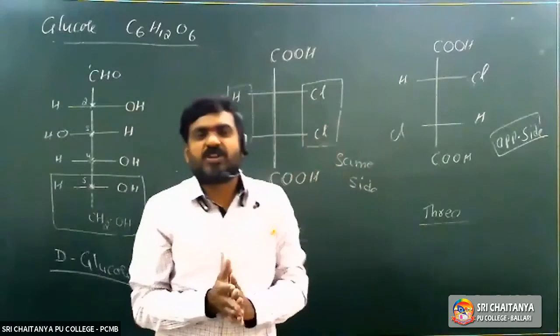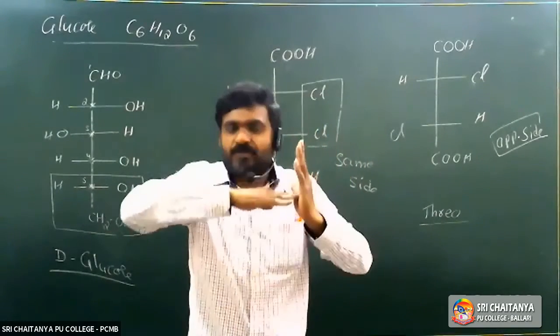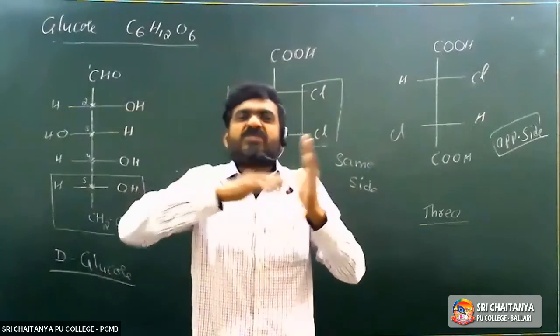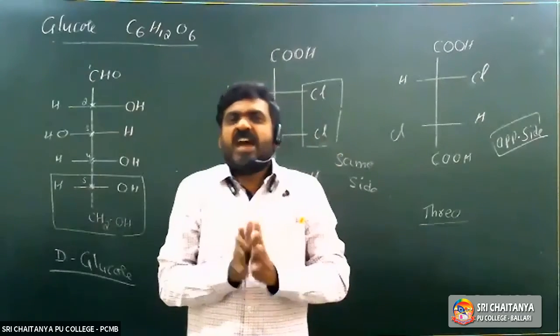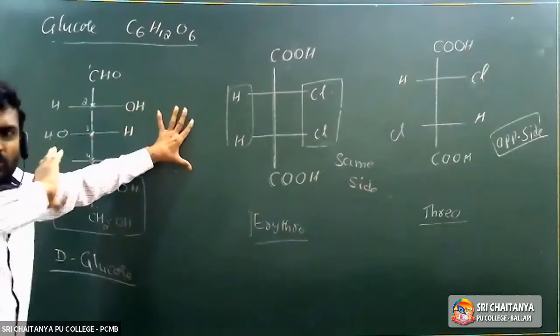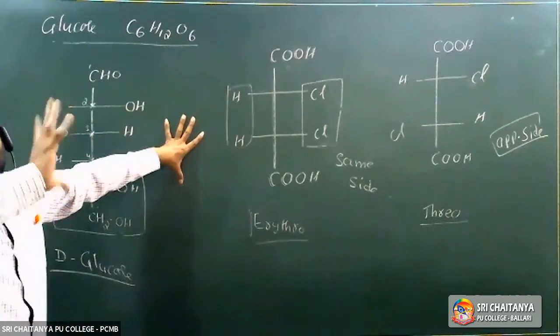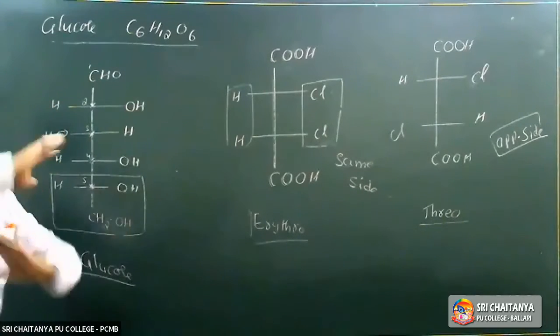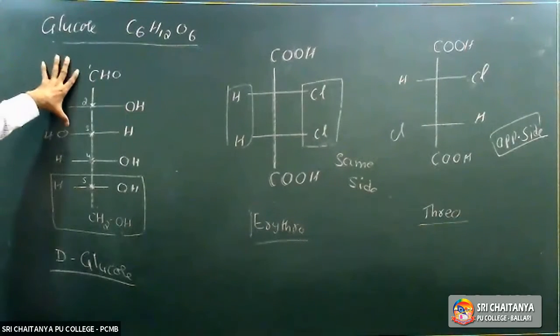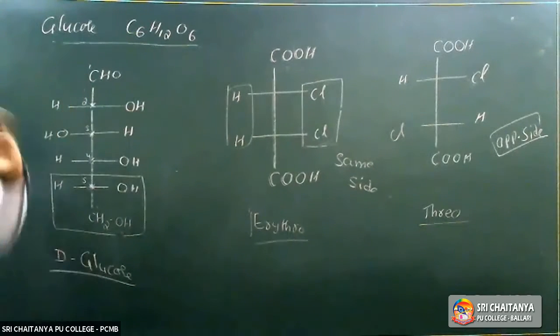So what is plane polarized light? How is it produced? Ordinary light is passed through a Nicol prism. It is made up of a special type of crystalline CaCO3. It is also called calcite. So plane polarized light is obtained. The compound which rotates plane polarized light towards clockwise direction is called a dextrorotatory compound. The compound which rotates plane polarized light towards anti-clockwise direction is a levorotatory compound.